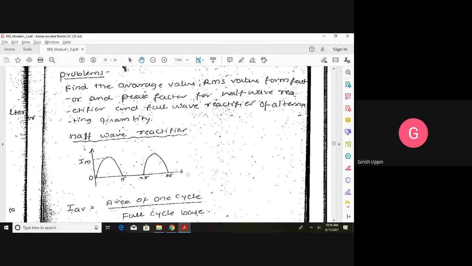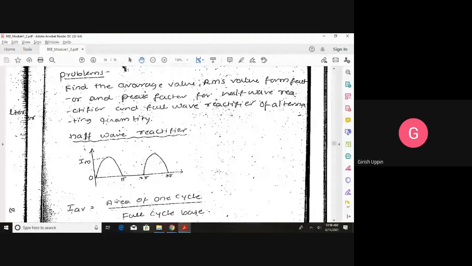I hope everybody knows what a half wave rectifier is. Let us begin with the half wave rectifier. In case of a half wave rectifier, we have the positive half cycle, and in the next negative half cycle there is no output, the quantity will become zero. For this example, the current will become zero from pi to 2 pi. Again we will have a positive half cycle, then again zero, so we will have a value only during the first half cycle, and the second half cycle is zero, and it will repeat.